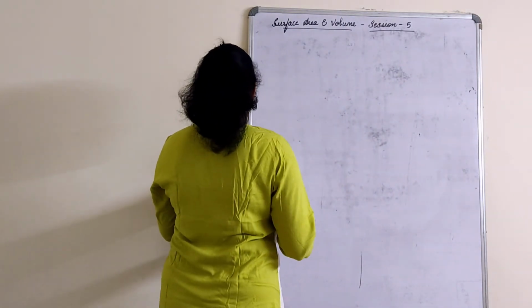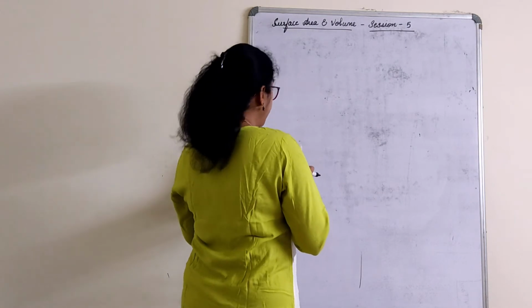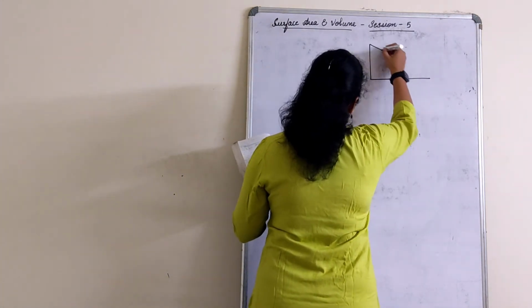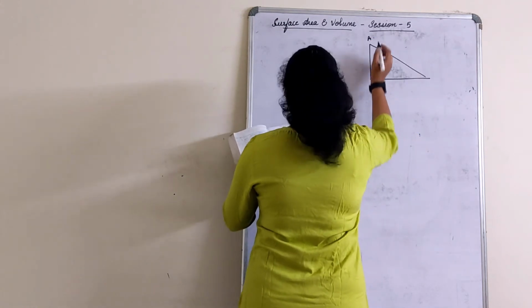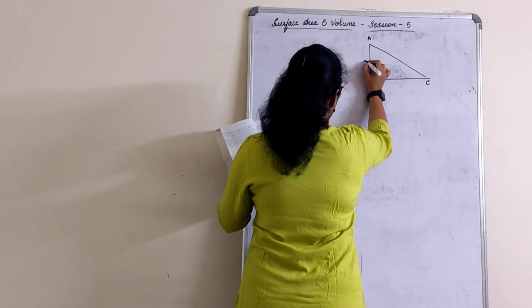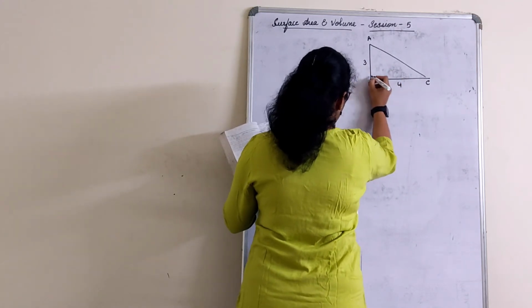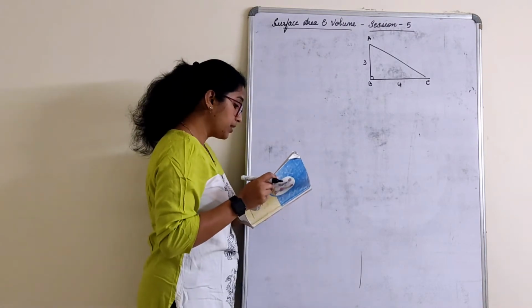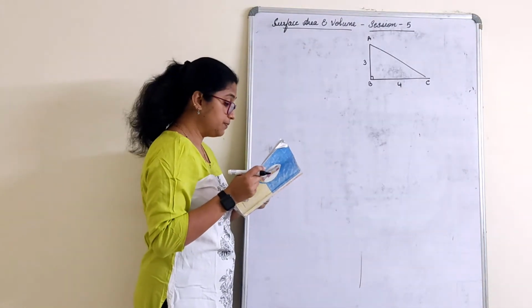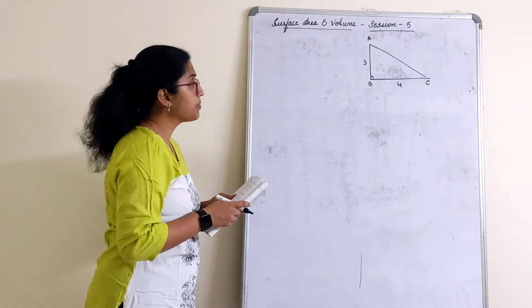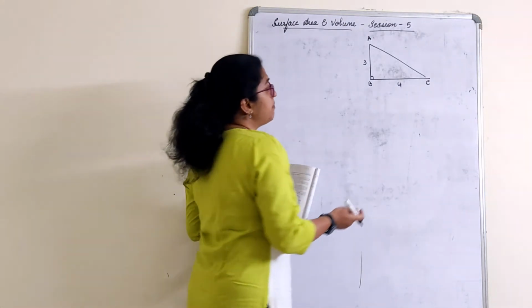Right triangle whose sides are 3 cm and 4 cm. So let us consider a right triangle first of all. Let A, B, C be a right triangle whose sides are 3 cm and 4 cm, which is right angled at B. Other than the hypotenuse, they have given the sides. It is made to revolve about its hypotenuse.